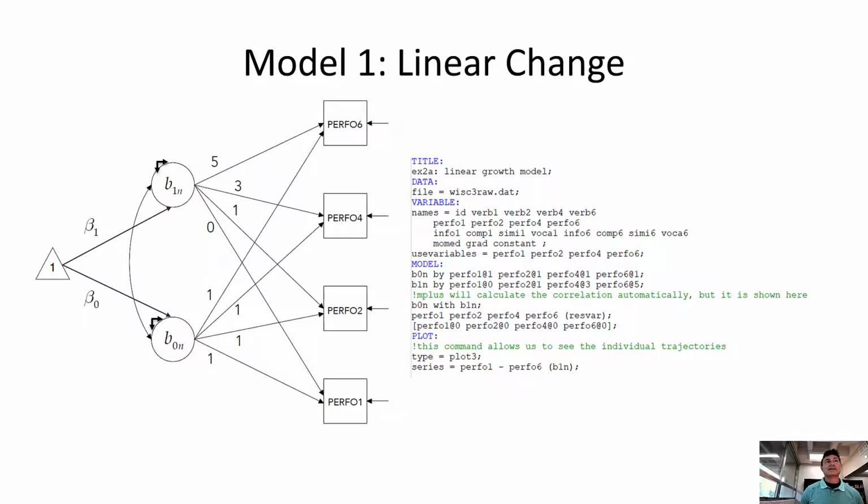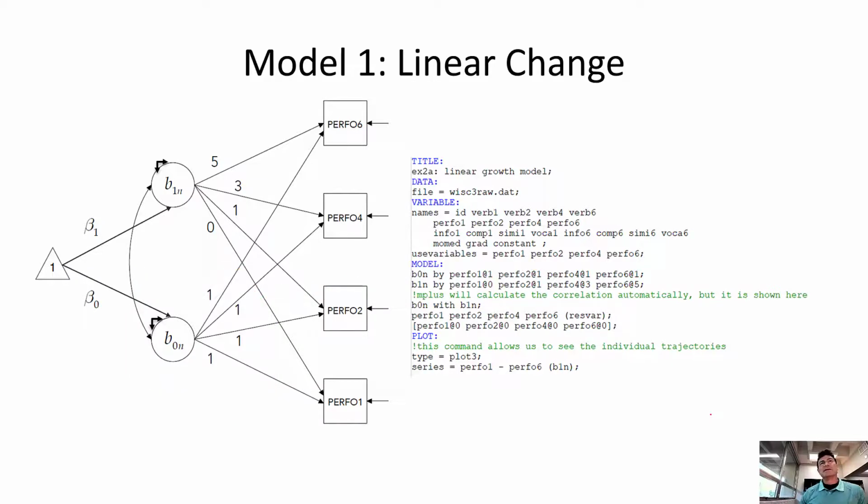So what we've got in this diagram, this intercept, we've already created this before. This is what we've seen in our last syntax. This is created right here in this line of syntax. So we're setting all of these to 1. We're telling M+, don't estimate these, set these to 1. So we've already done that part. I mentioned what these are in the last slide too. So we've done those parts.